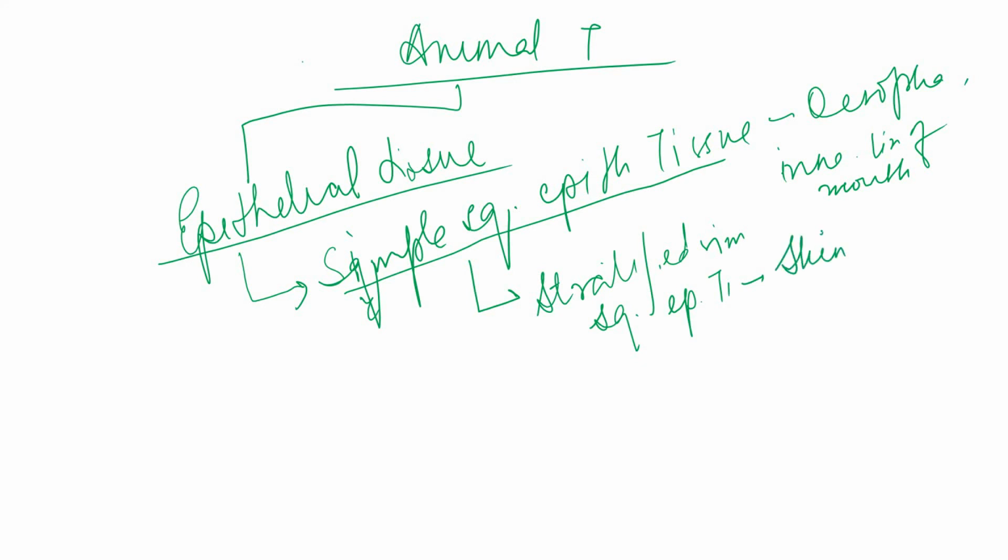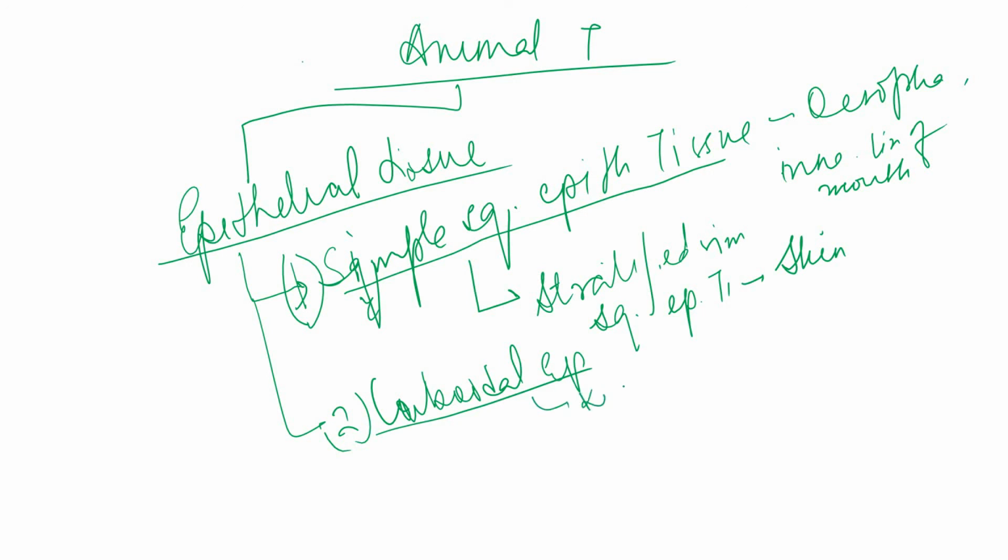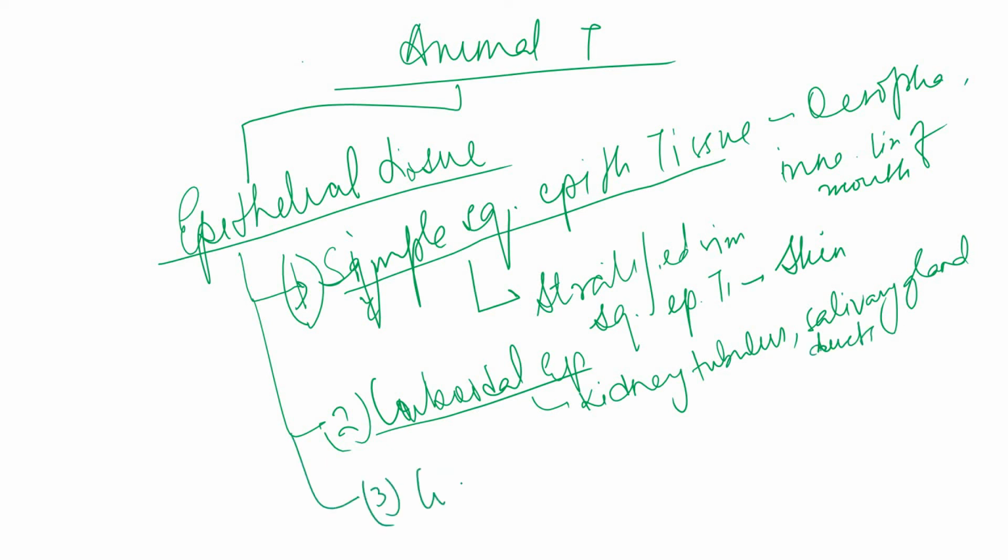This is our skin. Stratified means it has several layers so that we can withstand the wear and tear on a daily basis, okay. This is the first division under epithelial, and this is the subdivision of simple squamous epithelium. Then the second is the cuboidal epithelium. Cuboidal epithelium is present in the lining of the kidney tubules. Then comes your salivary gland ducts, okay, the small pipes. Then the third division is the columnar one,